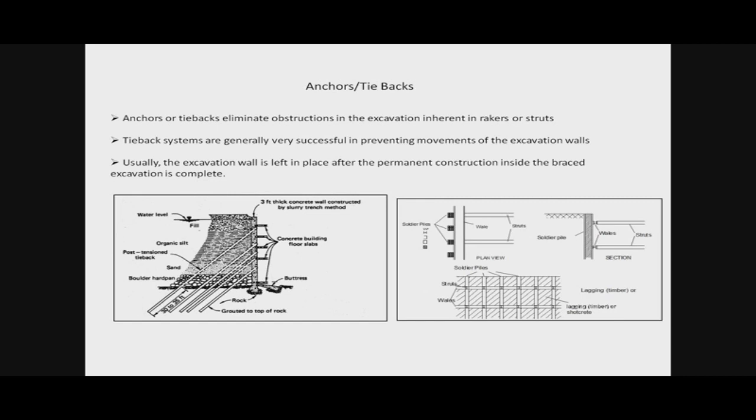There can be two types of failure when we provide the retaining walls to a structure. The first failure can be of the local nature, that the wall is itself collapsing. So the vertical and the horizontal pressure on the wall is so high that the wall collapses. The second type of failure can be a global failure in which the soil mass will collapse as a whole and it leads to